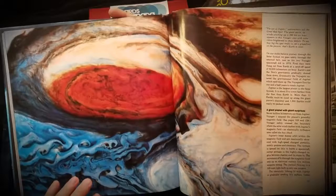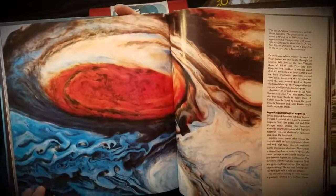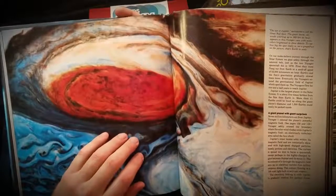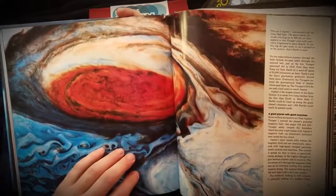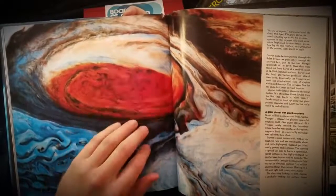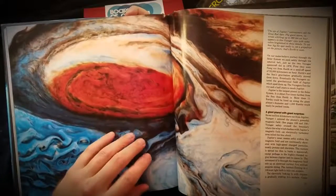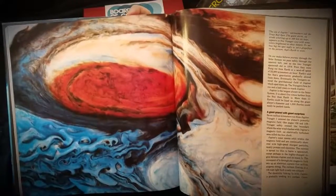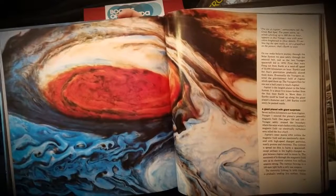On our make-believe journey through the solar system, we will pass safely through the asteroid belt, just as the two Voyager spacecraft did in 1978. First, they were flung out from Earth at a send-off speed of 52,000 kilometers an hour. Earth's and the Sun's gravitation gradually slowed them down. Eventually, the Voyagers entered the gravitational field of Jupiter, which, as they were slingshot around it, using precise calculations from the astrophysicists,